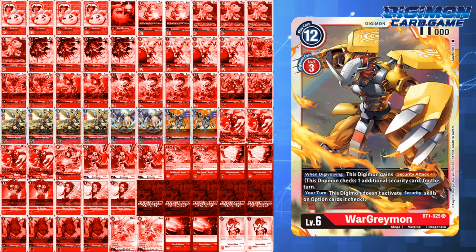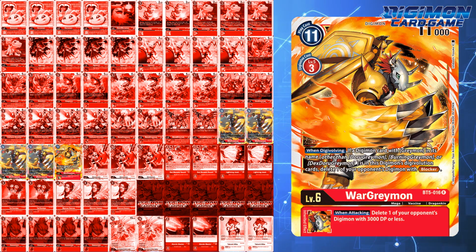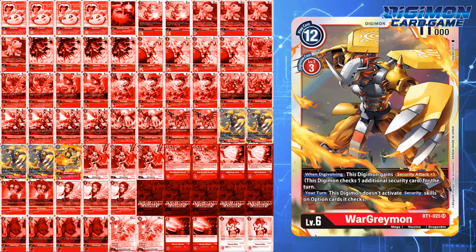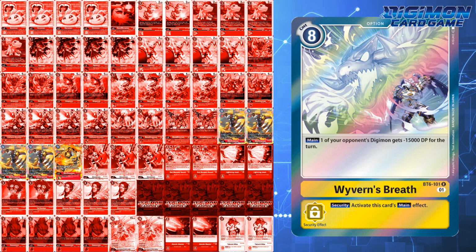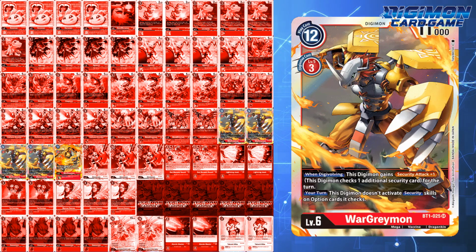Speaking of which, for level 6s, this deck runs 5 in the form of 4 BT1 War Greymon and 1 BT5 War Greymon. BT1 War Greymon is a beast in this deck, giving you a +1 security check for the turn it's Digivolved into. It also has the benefit of having a built-in option card negation. While there aren't a lot of option cards in the present format that delete Digimon, yellow is the only color